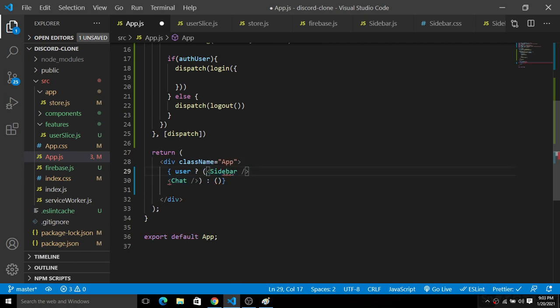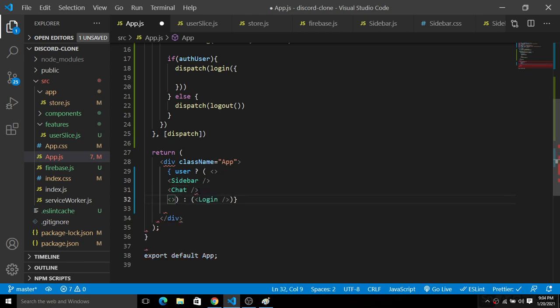Okay, fine. And if there is no user, then we will throw back to the login. So we have to create a login component also here. It is throwing an error because I'm using an empty fragment, so make it like this.